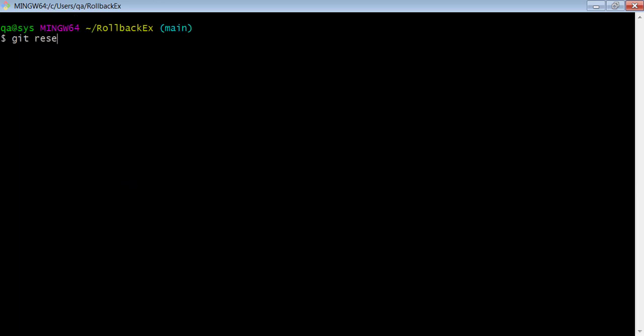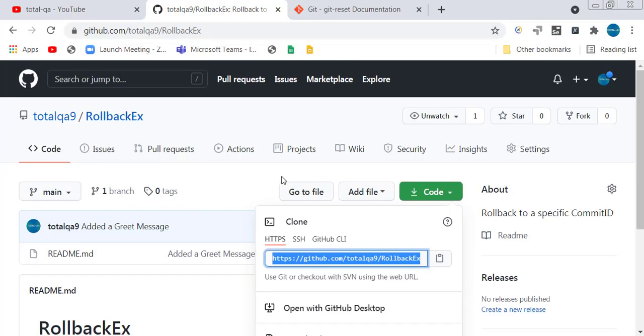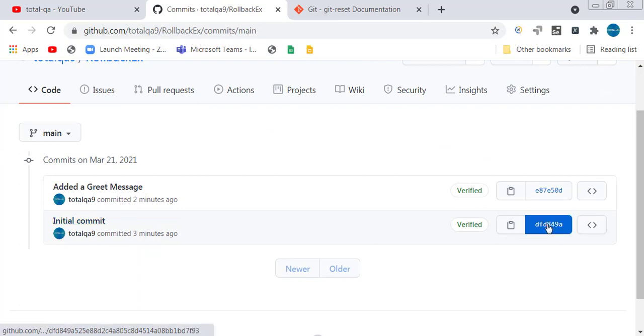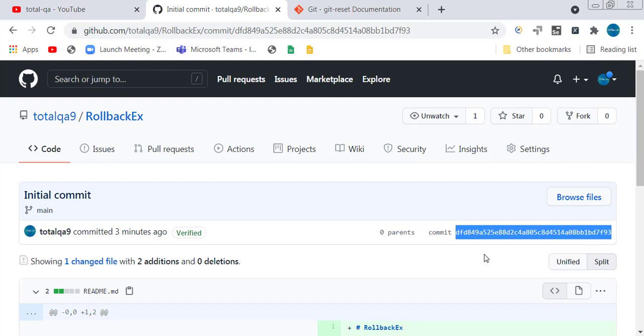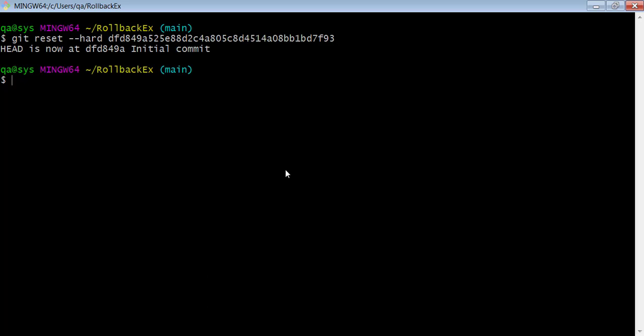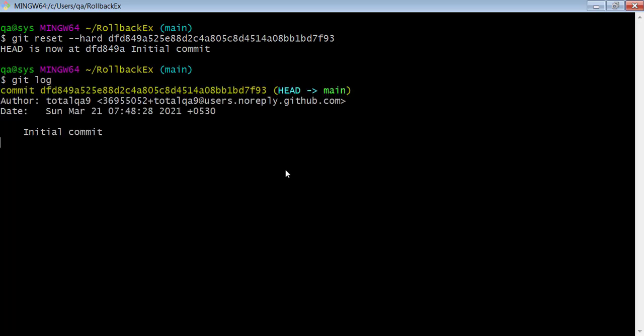Git reset, but we have to give --hard, and we need the commit ID also. We can go back to the repository, click on 2 commits, go to the first commit, click on this, where you get the commit ID, and copy it. Paste it here. That's it. Now what happened? Head is now at initial commit. Git log now shows totally only 1 commit, ignoring the previous commit which we had committed. Now our job is simply git push